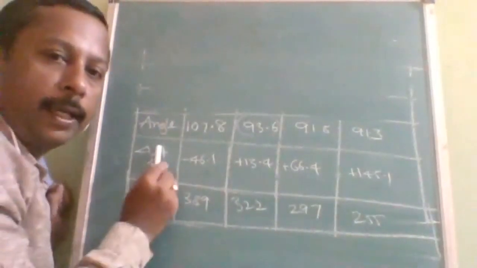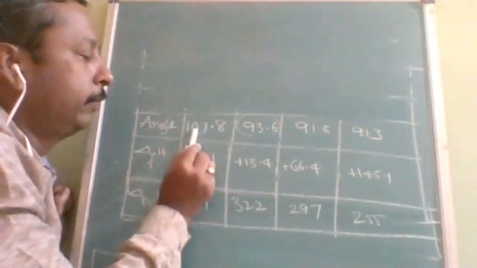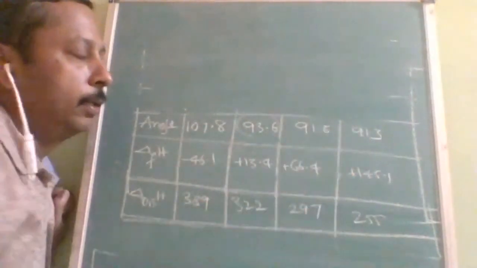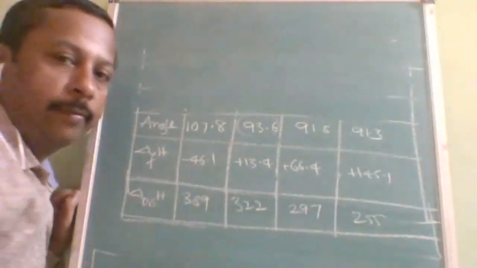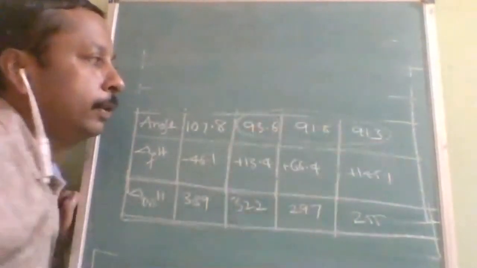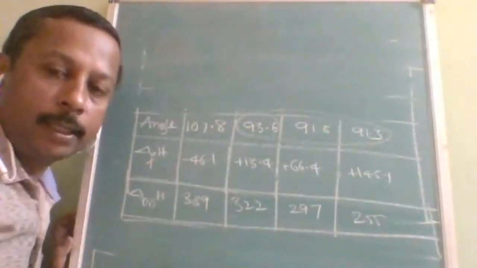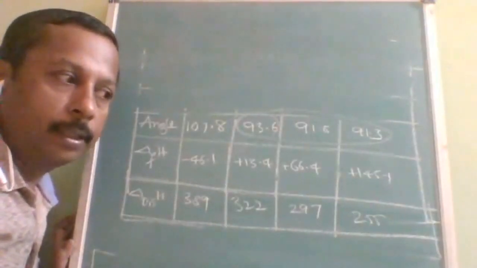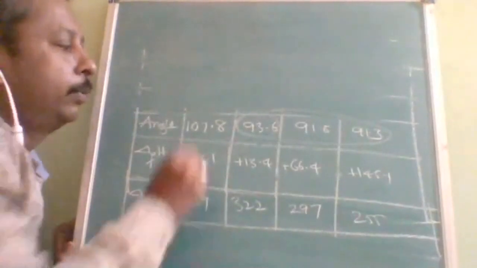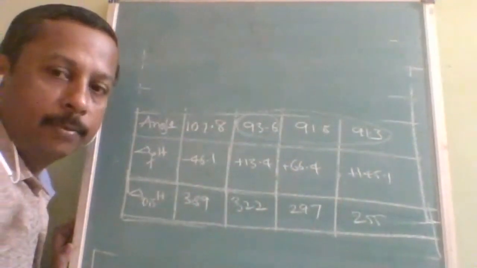Okay, now coming to the angle part, how to remember it and what the reason behind it is. You will find 107 to 93.6, then 91.8, then 91.3. If the question is why the bond angle after phosphorus and further is nearly 90, then your answer will be that pure orbitals are involved in bond formation. But if the same question is asked about why there is a decrease, then you should explain in terms of the